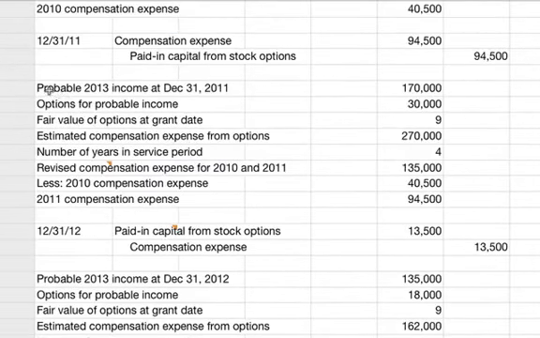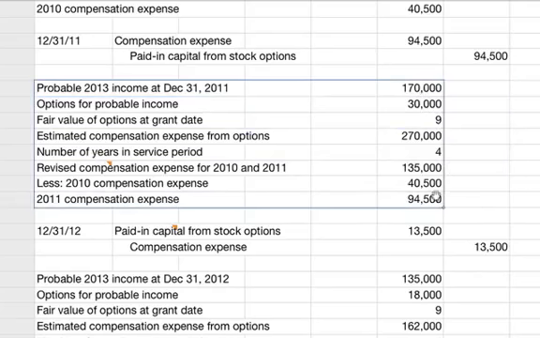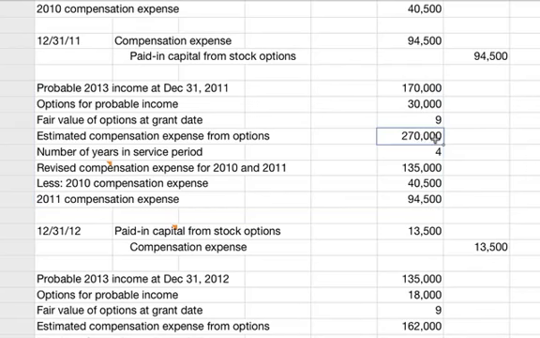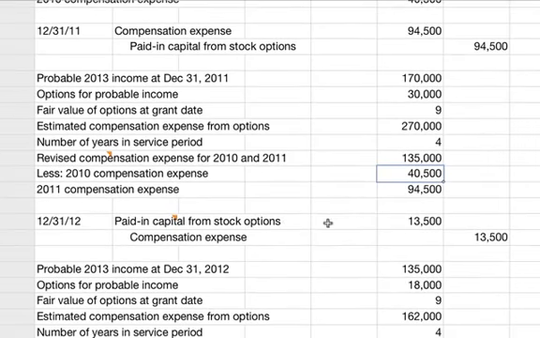Coming down to our explanation, $170,000: 30,000 stock options times $9 per option is $270,000. If you divide that by 4, that's $135,000. But you've got to subtract what you already expensed in 2010, which is $40,500,